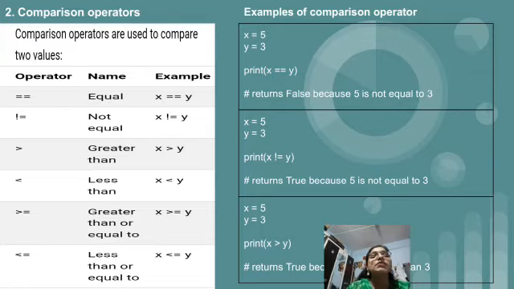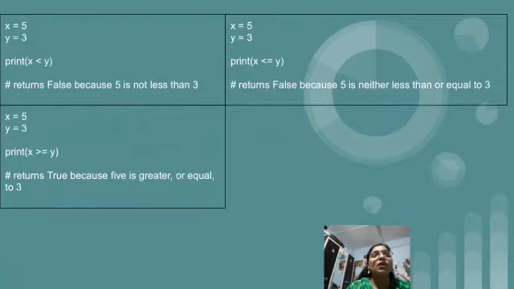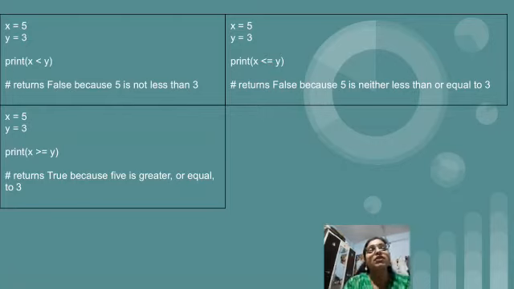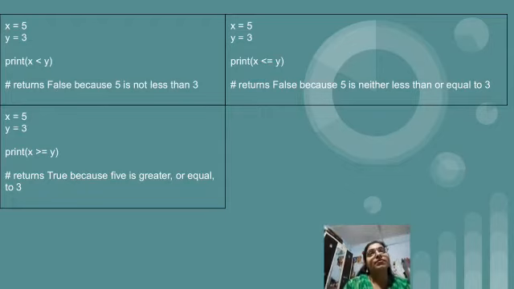After that, x equal to 5, y equal to 3. Now we are comparing x greater than y, that is 5 greater than 3, the condition is true. So the answer will be true. I hope you are understanding. It's very easy. It's similar to other languages, but it is very difficult to remember all the operators, and there are so many new operators present in Python.